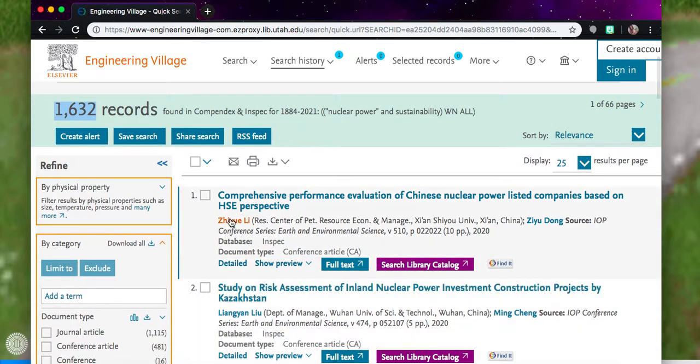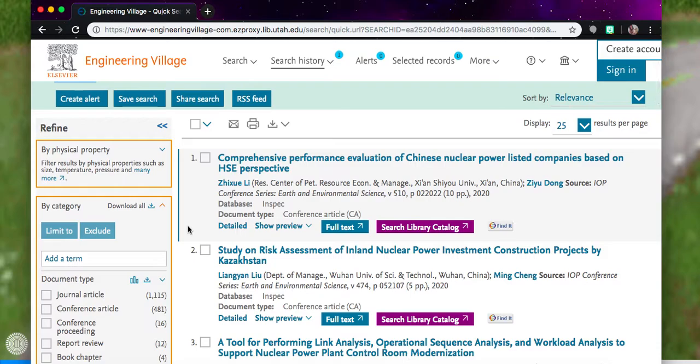And then check it out. It's laid out exactly like the other databases. This one's a little bit busier looking design-wise, and that's okay. So again, you get the title of the article. We've got author names, and then we've got the affiliation of the author, and you'll see in italics the title of the publication. So this is a conference series, like a conference proceedings. Those are considered scholarly sources, just like